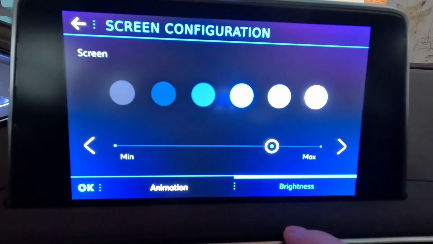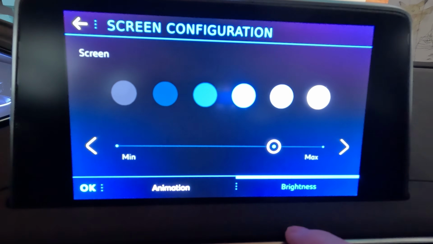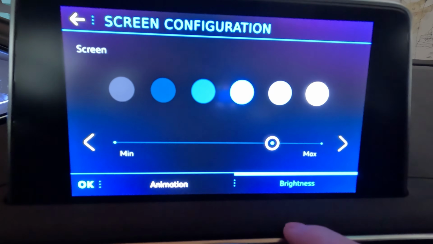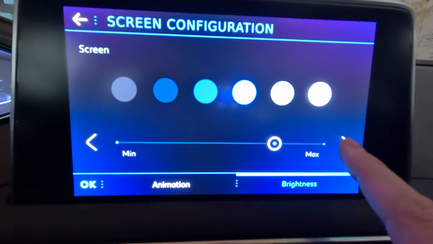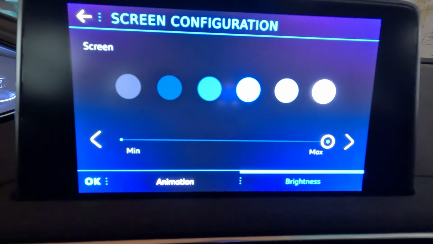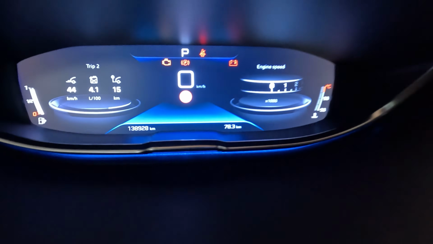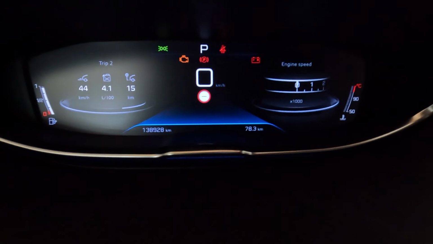This is where the two-step process comes in, because my headlights are currently not on. Okay, so I can increase it to maximum. Now I'm going to turn on my headlights, and you can see that the brightness has changed, and the system